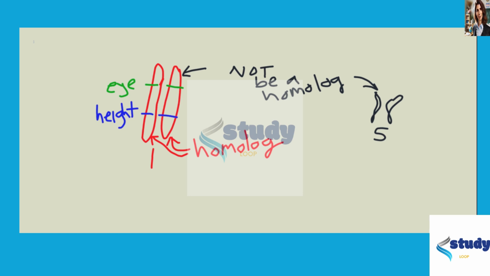Whereas maybe on chromosome 5 here, we have our gene for skin color. And so you can see these two cannot be homologs, because the one on the left does not have a gene for skin, whereas this one on the right does. So having the same gene locations is what makes them homologous, right? And then